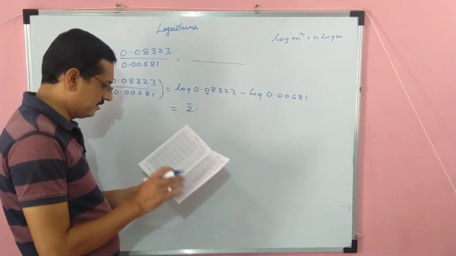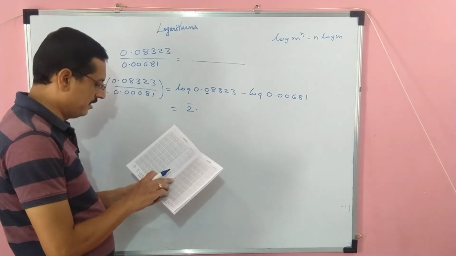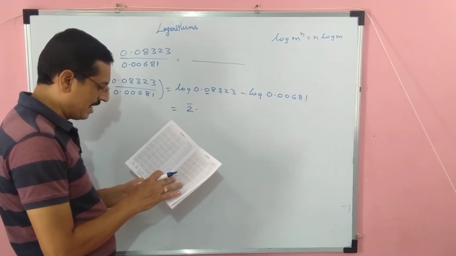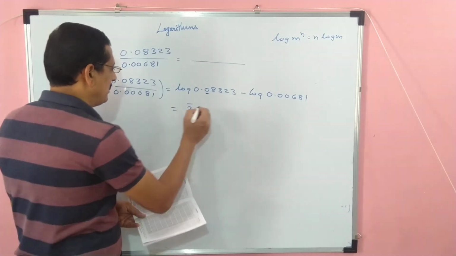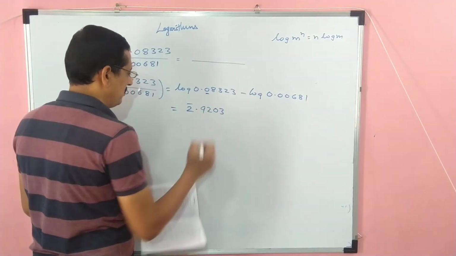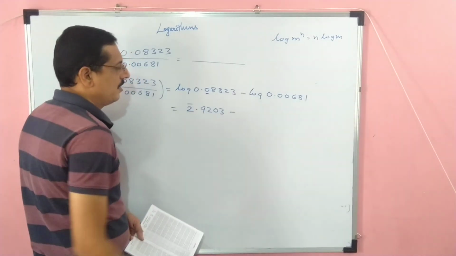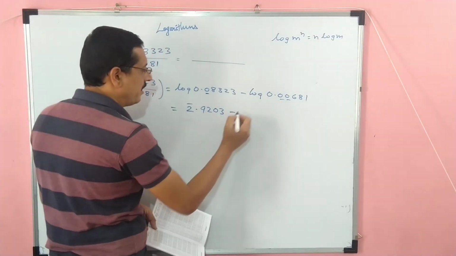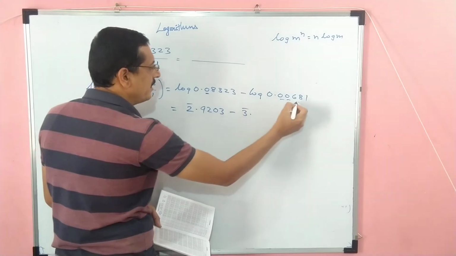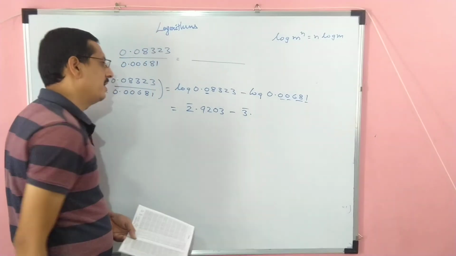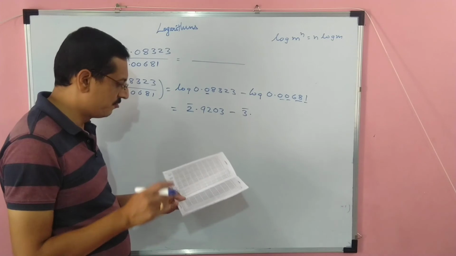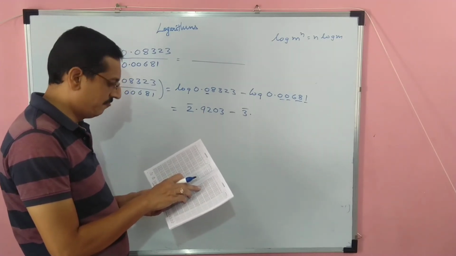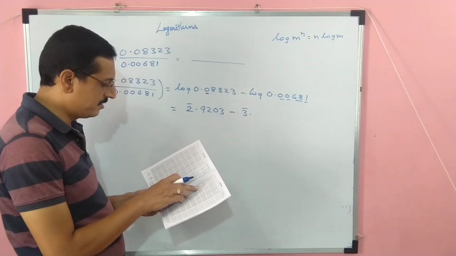So it is 83 in 012. Difference is 3. So the value is 9203. Now if this value is also less than 1, there are 2 zeros, मतलब it is bar 3. 68 in 1, and next digit you take it as 0 if you want. 68 in 1, 0 1, mean difference is 0, so it is 8331.